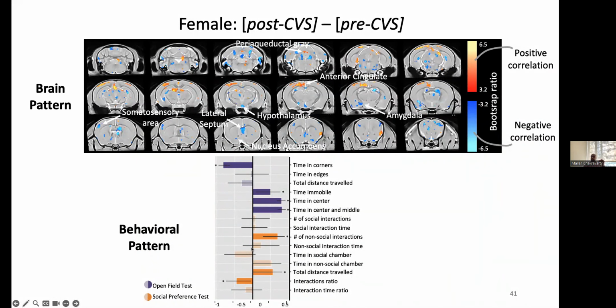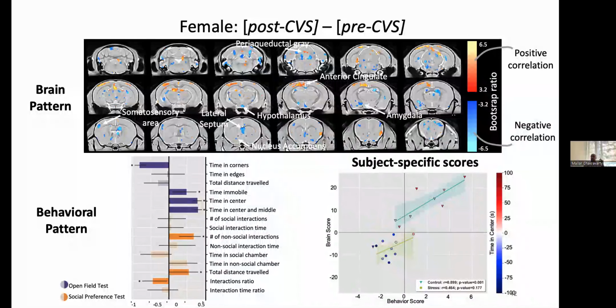And for each of these mice, you get a score of how much they load onto the behavioral pattern and how much they load onto the brain pattern. You can plot that into dimensions now and summarize the data that you have. And what you see is that there's a clear separation between the stressed mice and the control mice, the unstressed mice, in this kind of new latent variable space. And so you can use this kind of multivariate technique that's well used in the human literature to find what are the dimensions of disorder and dysregulation in our animal models.